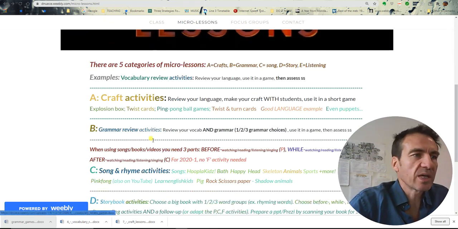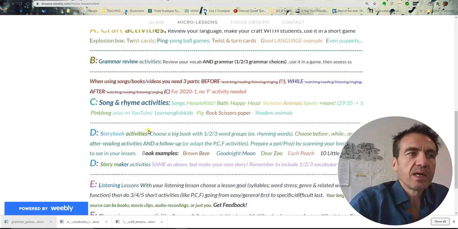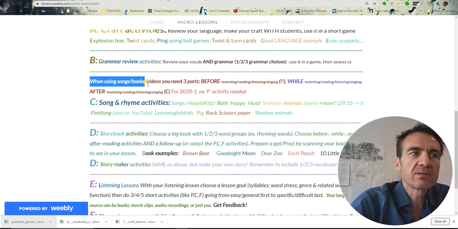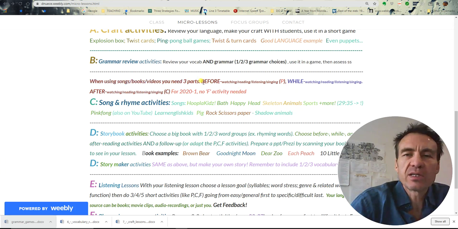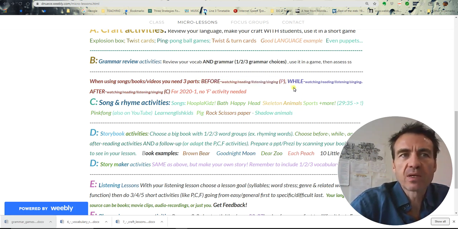Right, so that's grammar. Now grammar is the more typical layout. Preparation, core, follow-up, right? Now, when you get on to C and D, you'll see I've said here, when using songs, books, and videos, you need 3 parts. And instead of calling them preparation, core, follow-up, it's before watching, which is similar to preparation,